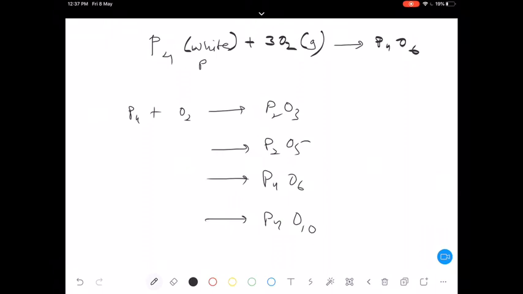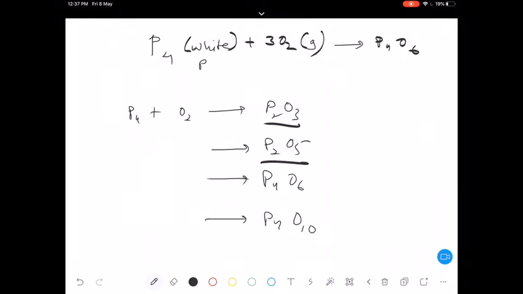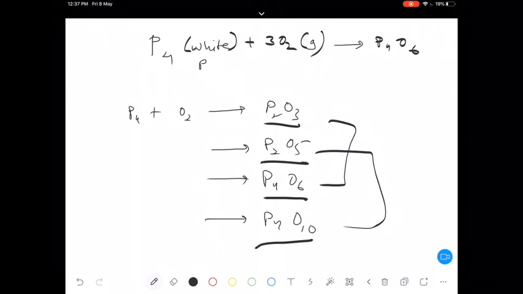Okay, like P2O3, P2O5, P4O6 or P4O10, and how to figure out which will be the standard heat of combustion, out of 4 reactions that can occur. Basically only 2 will occur, these and these 2 are the same only. So out of these 2, which will occur and which will be considered as standard heat of combustion of phosphorus? Just try to think about it.